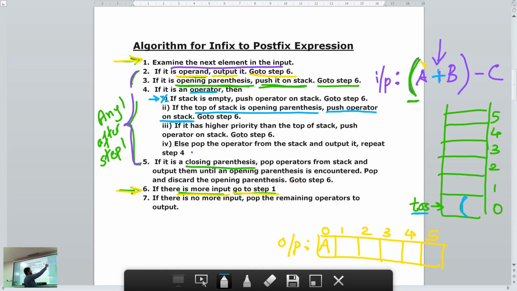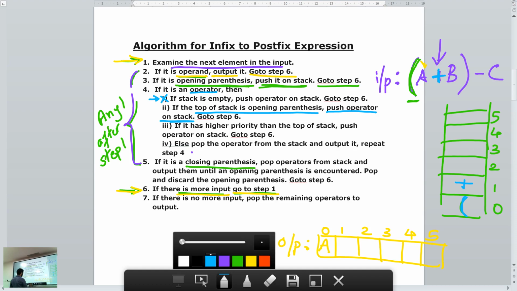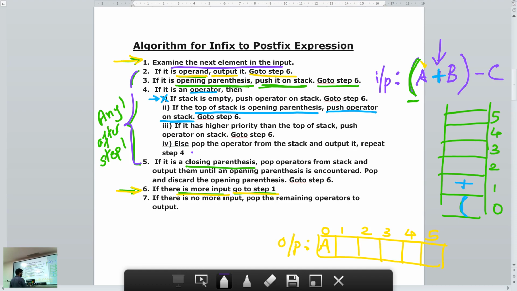The operator is plus. You will push it on the stack. Once you push an operator on the stack, your top of the stack will now be this. After you push the operator on the stack, you will go to step 6.